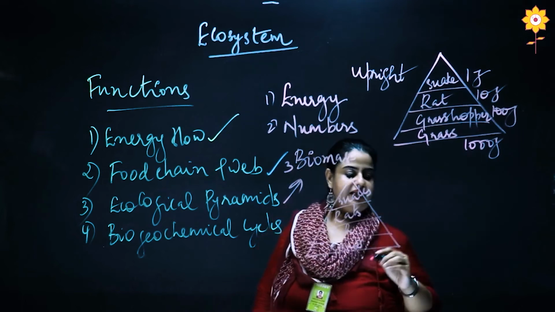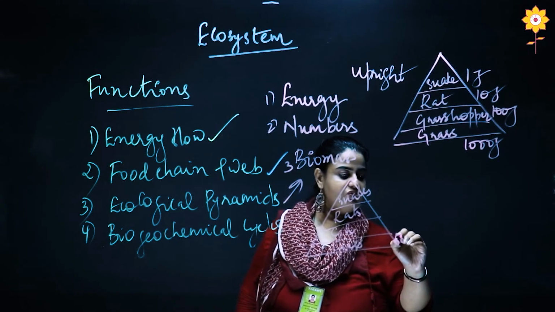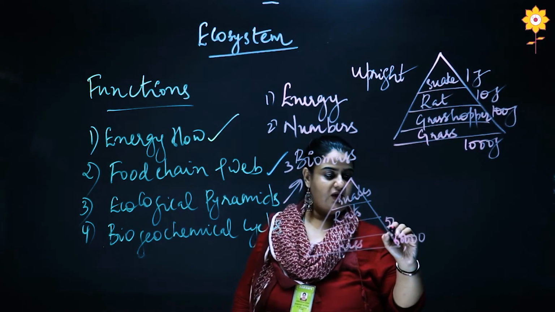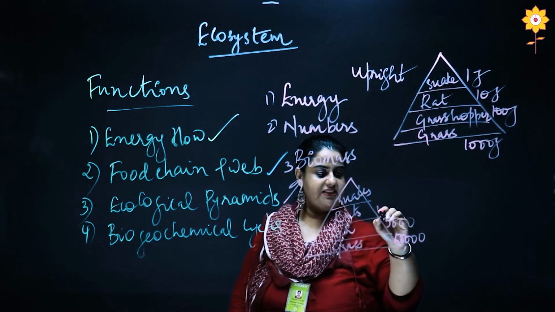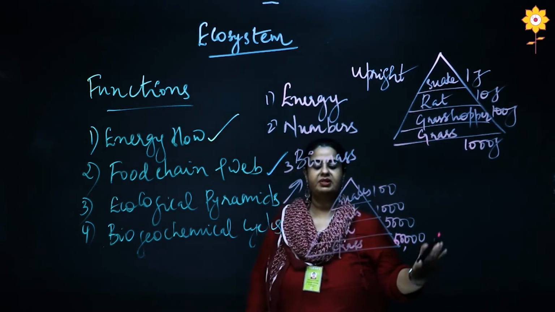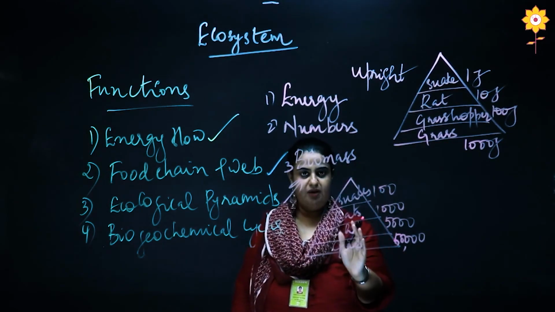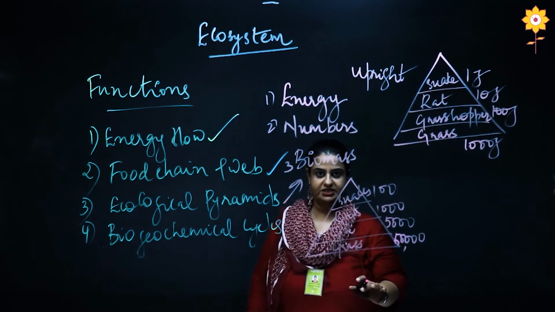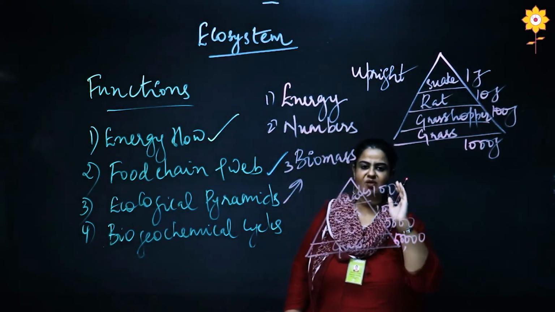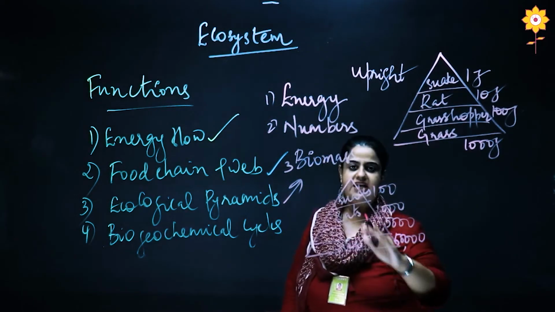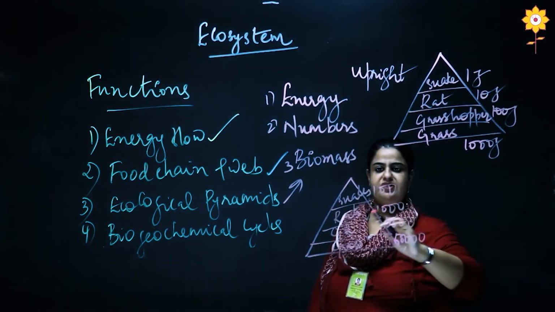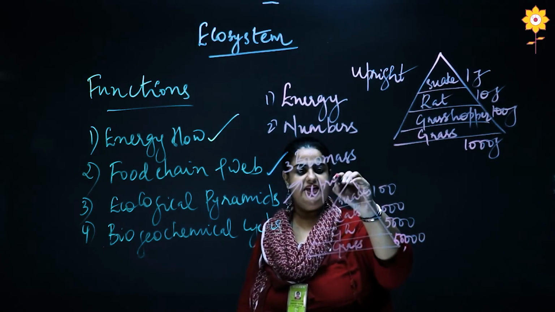For example, there are, let us say, 50,000 grasses in the world. Grasshopper will be, let us say, 5,000. Rats will be, let us say, 1,000. And snakes will be, let us say, 100. It's a very simple concept. Higher we go in pyramid of numbers, lower will be the numbers, because the base of ecological pyramids are always the producers. The energy and the number of producers are higher than any other organisms in an ecosystem. So both pyramid of energy and pyramid of number is always upright in nature.